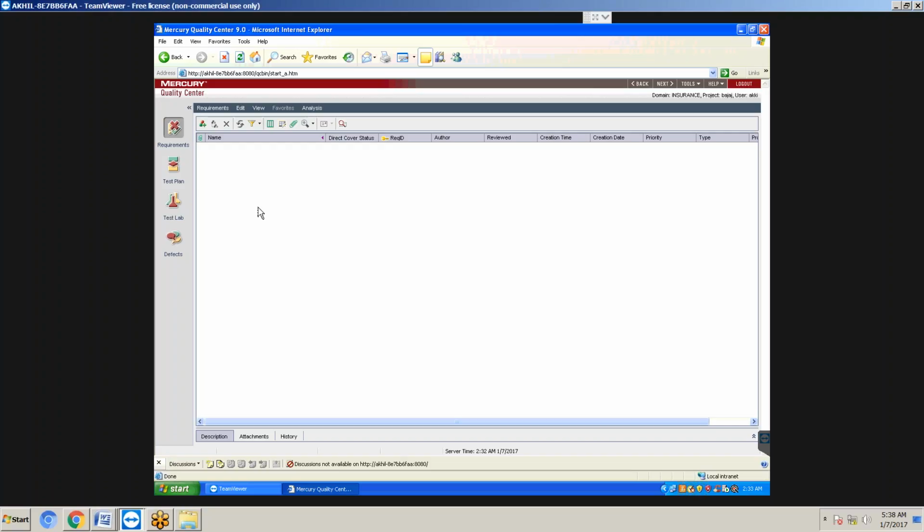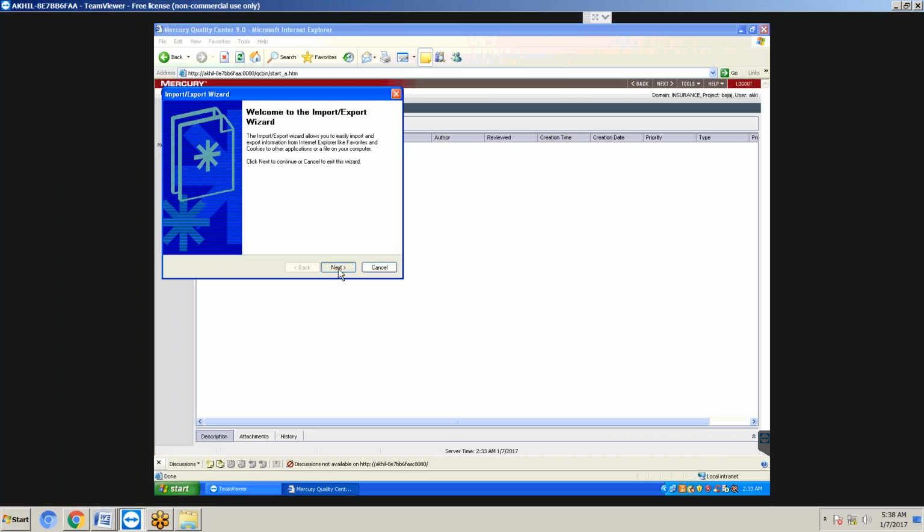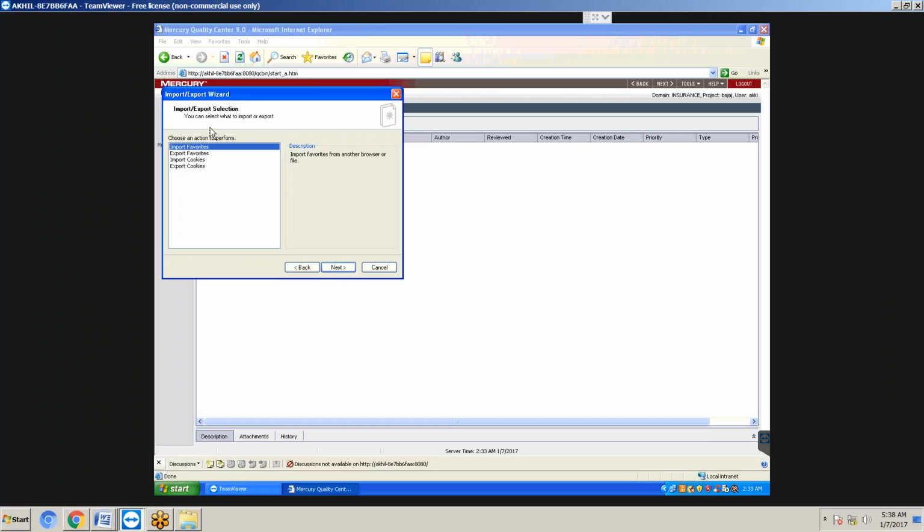Whenever you work with a software company, they will buy the add-in. Just go to file, import and export. We can call all the requirements using this option. If you have requirements in an Excel sheet, we can add them directly here. Right now we don't have any add-in.